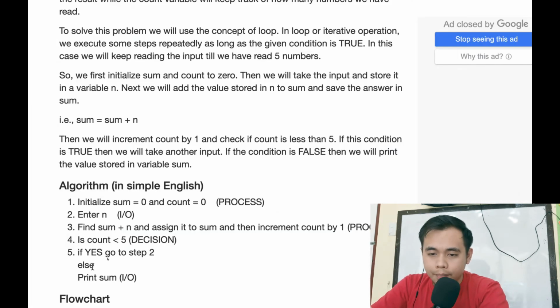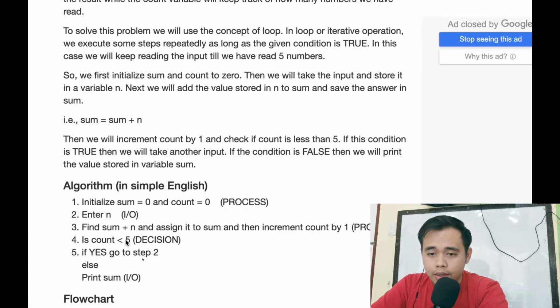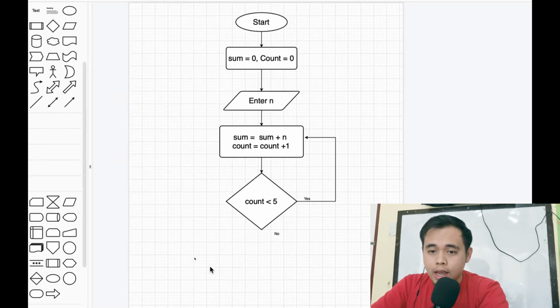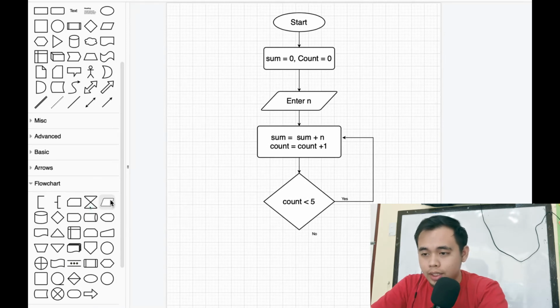Now, last step is the decision. If yes, go back to step number 2, but I change it to step number 3 because that's more logical, I think. And then what we will do now is print the sum. So printing the sum is actually an output. So we will use the output shape or the data shape, but it's somewhere here. Adjust the size again, and just type